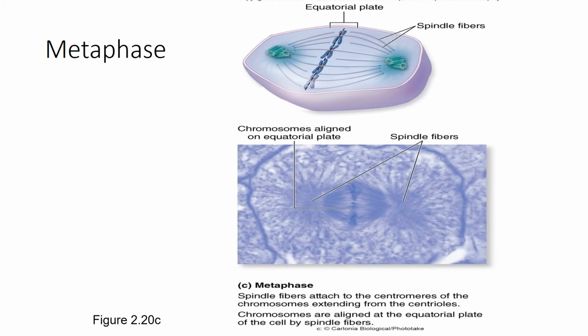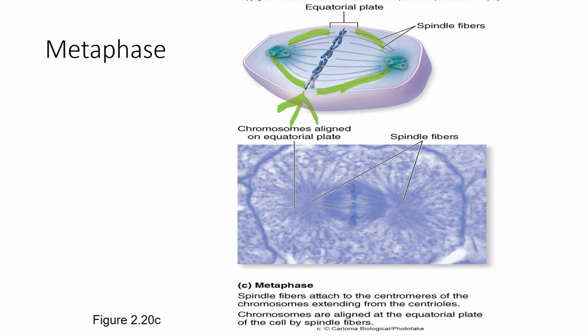After prophase, what we have is metaphase. Here, during metaphase, the chromosomes are going to line up along this equatorial plate, which is going to be the center of the cell. And we'll also have these spindle fibers that are going to now attach all the way to the centromere of the sister chromatid. And so this is going to form this oval structure now,